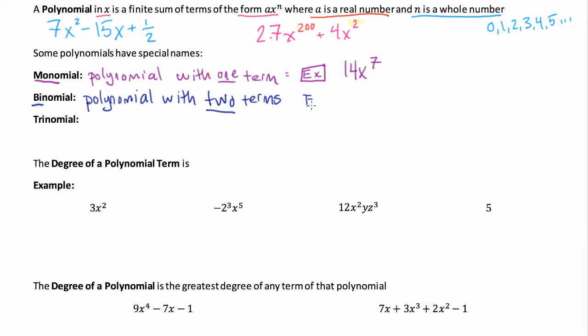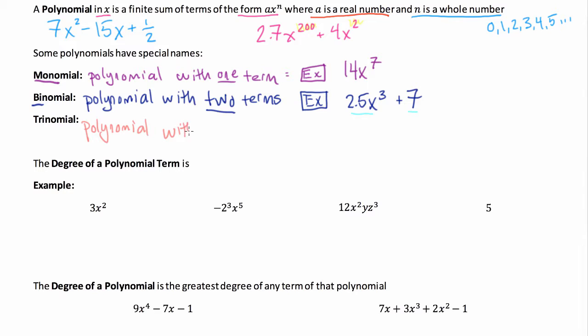So for example, a 2-term polynomial could be like 2.5 times x cubed plus 7. That's a single polynomial, but it has 2 separate terms. And then the last one we have a special name for is the trinomial, and that is a polynomial